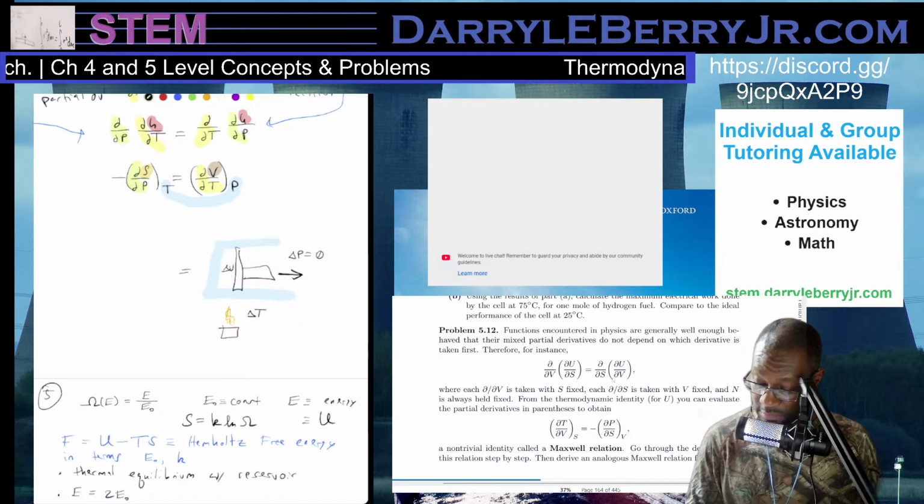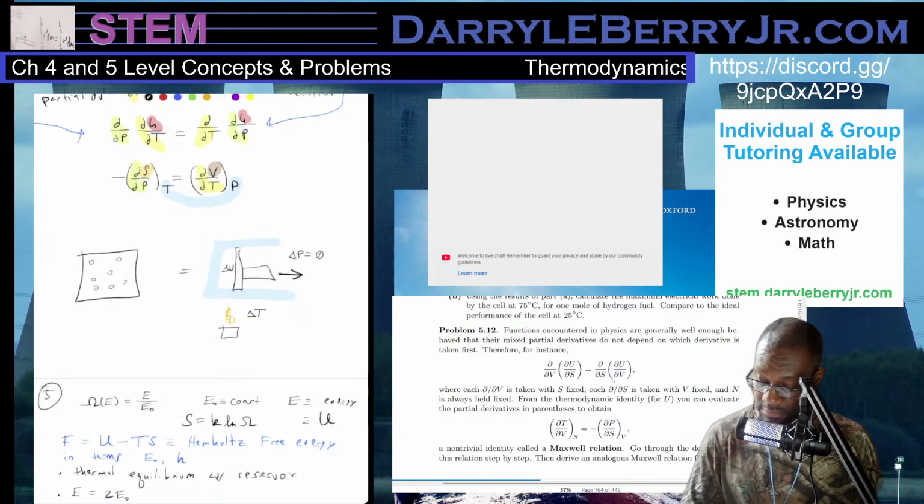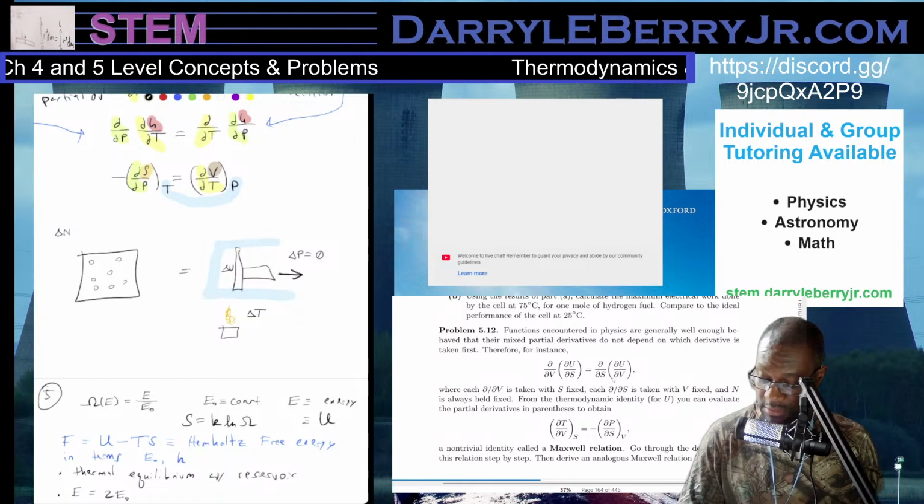We have a box with so many particles, change in N equals 0,